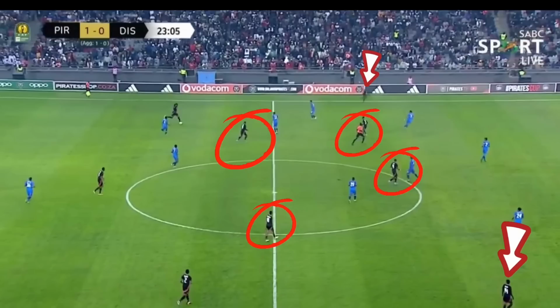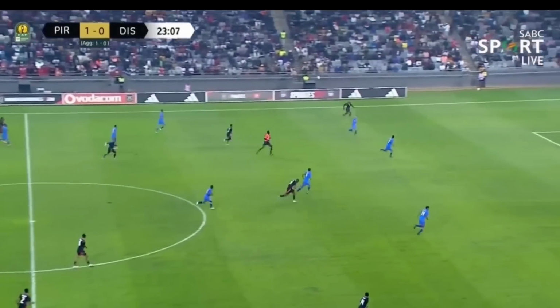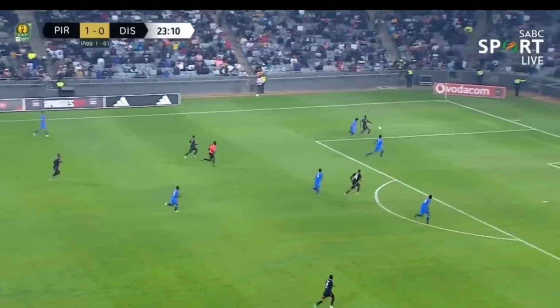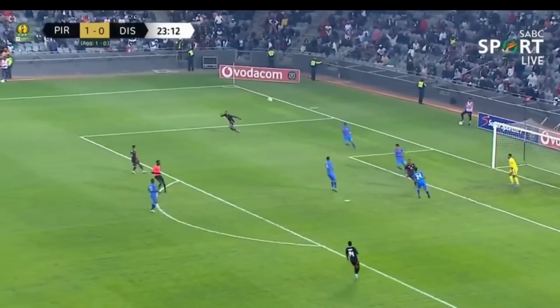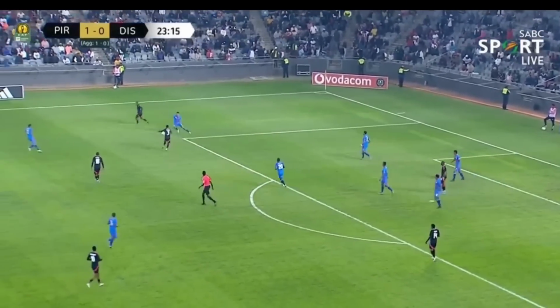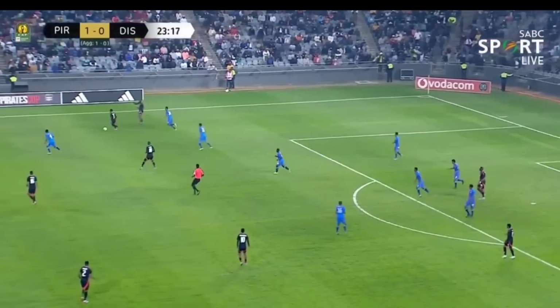because it starts once again. Look, the defender is focused on Mabasa, him dropping deep, but you still have people wide wanting the ball. We're 4 in midfield, which means we're occupying all the midfielders. By the way, the coach of the other team, Disciples, ended up subbing out midfielders because they were just unable to deal with all of this. So now, you have wide players, you have 4 people in midfield. The ball is played to Hoto, and Mfukeng in this case is inverted. Now, this ends up in nothing, but Pirates are there, winning the ball back again, and they are resetting.